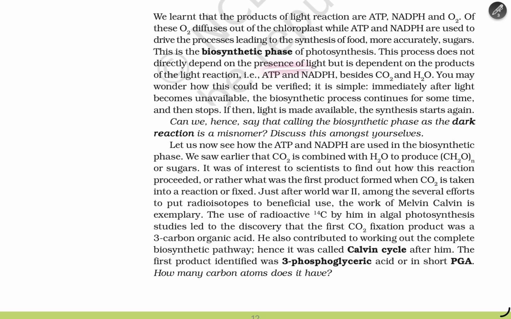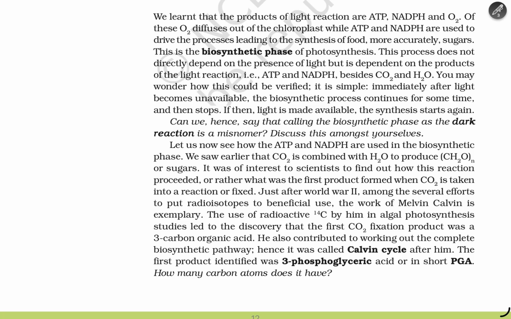This process does not directly depend on the presence of light but is dependent on the products of the light reactions, that is ATP and NADPH, besides carbon dioxide and H2O. You may wonder how this could be verified. It is simple. Immediately after light becomes unavailable, the biosynthetic process continues for some time and then stops. If the light is then made available,